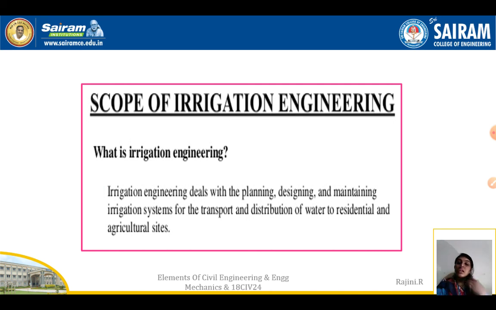As I said, irrigation engineering deals with different small fields, that is distribution of water. You can see the canals, small canals or channels near our areas or the outskirts of cities. That is to distribute the water to respective places. That means a different channel for agriculture purposes, drinking water separately, or industry separately. So we need a proper channel and proper place to distribute the water. That study comes under irrigation engineering.